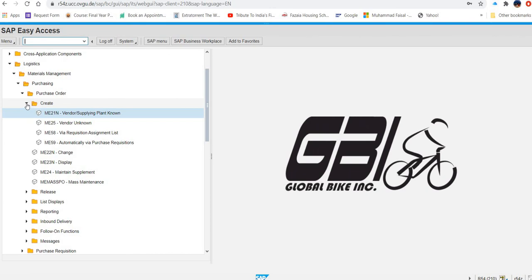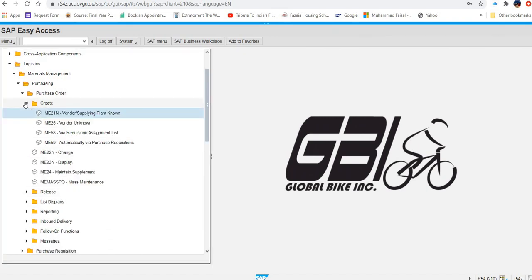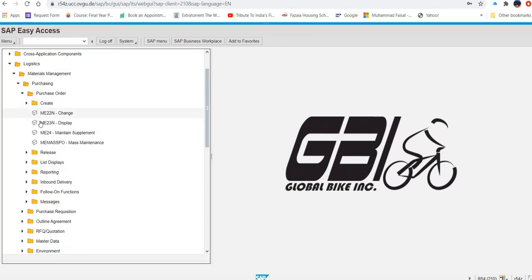So purchase, instead of create, under the purchase order, what we will do, we will see display. Where is display? Display.